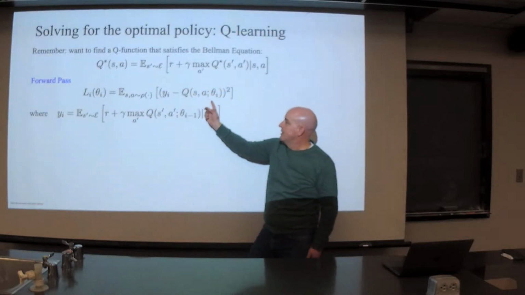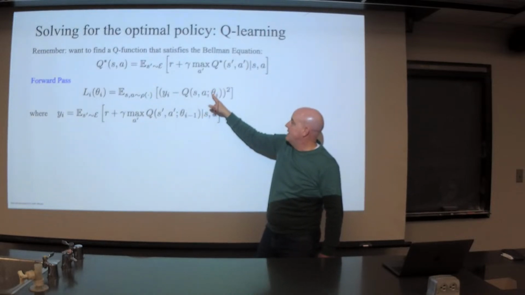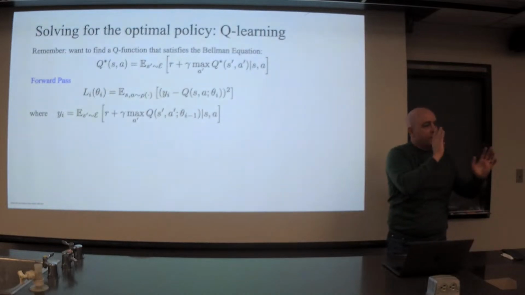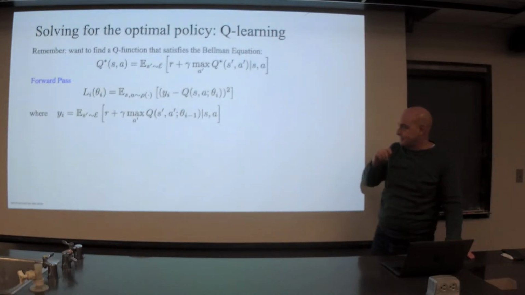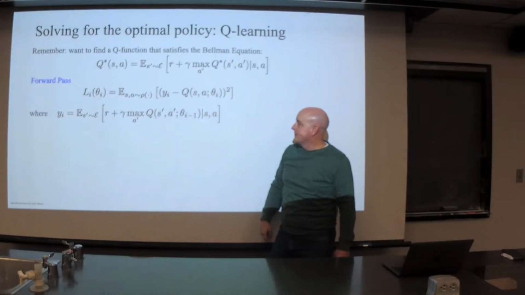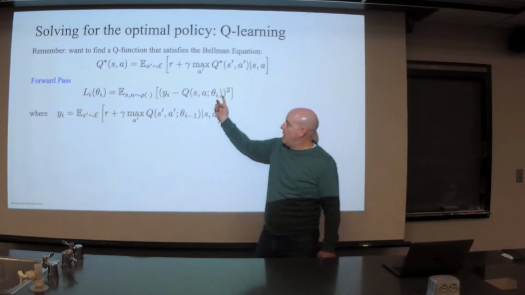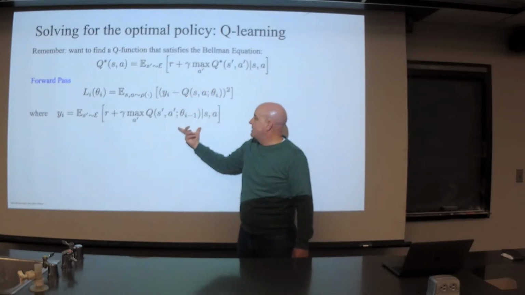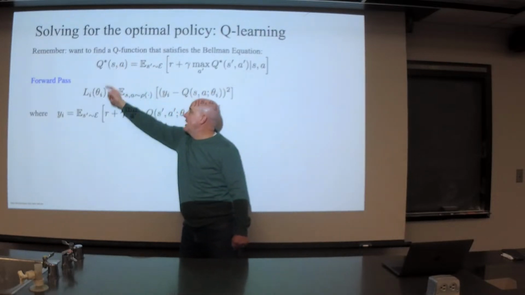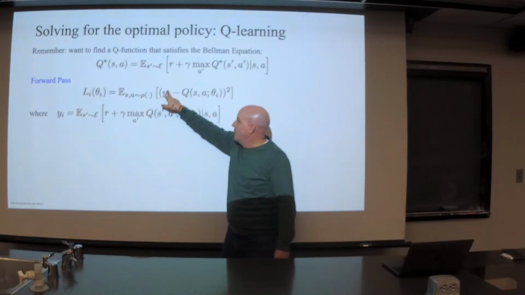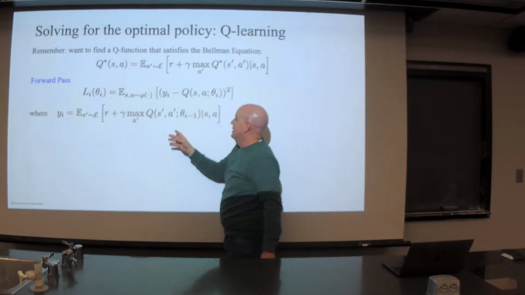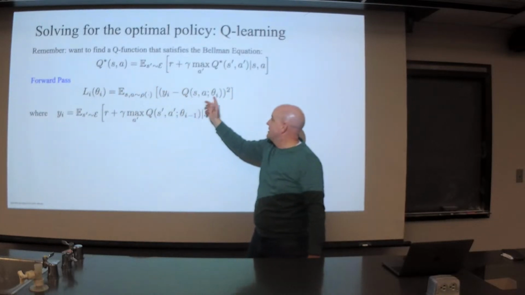But nevertheless, what you have is your parameters theta, and there's an i here, but think of it as being like t. Every time we update our parameters, it's like one of these time steps. We have our parameters at mini batch i, and we want to take a step that minimizes the difference between the left-hand side and the right-hand side, which is yi. This is just so you can write down the loss function compactly, but really it's the right-hand side minus the left-hand side, squared.